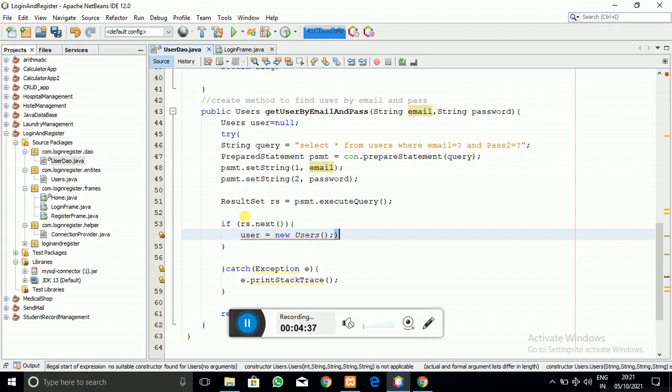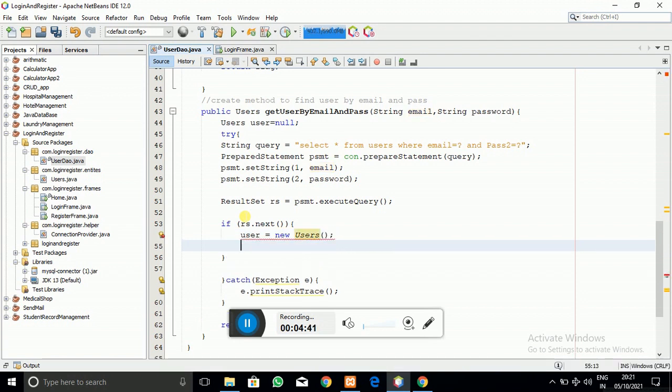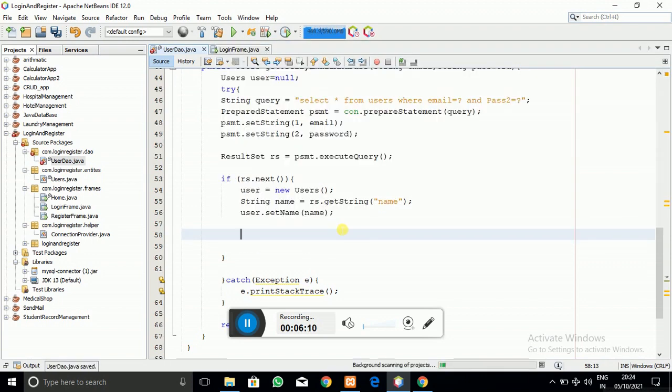Now I have to set those values on the user object. First of all, let me create a variable for the name, taken from the result set, and that value is stored in the user object by the set name method.